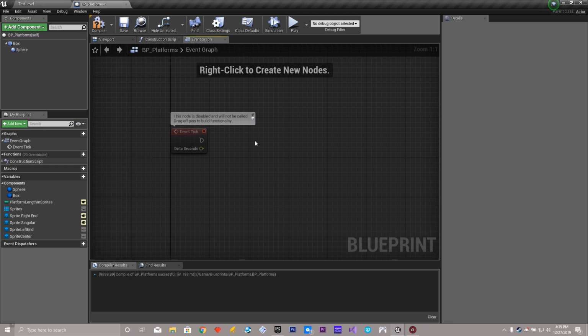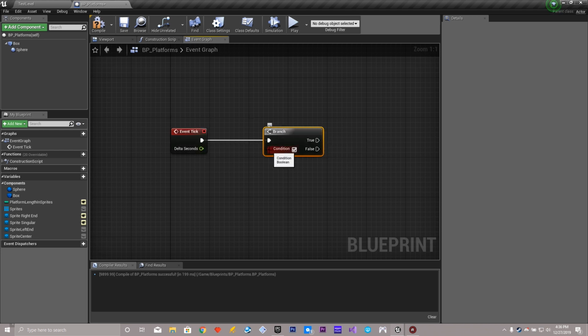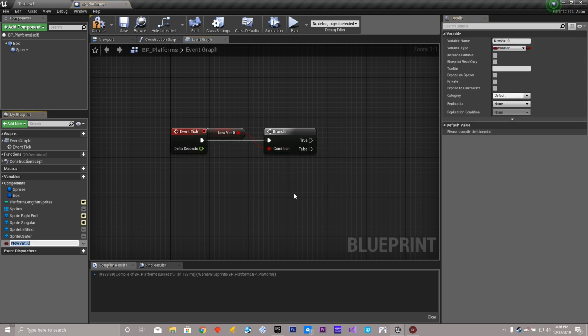First thing we want to do is evaluate if our player is in range, so if they are within our sphere, and we also want to know if the player is dropping down, so we need some variables for that. I'm going to hook up the event tick. I'm going to promote this to a variable. I'm going to call this B dropping down,